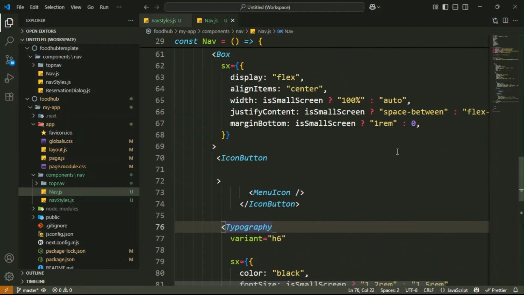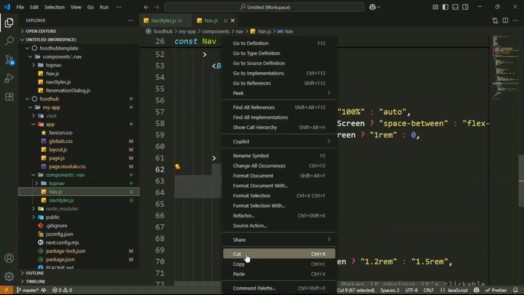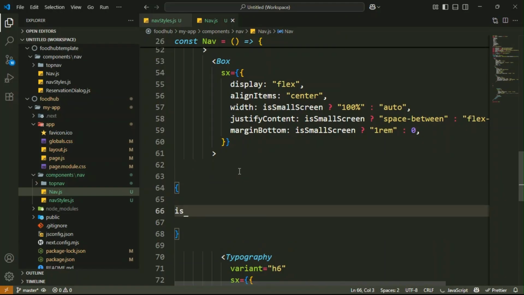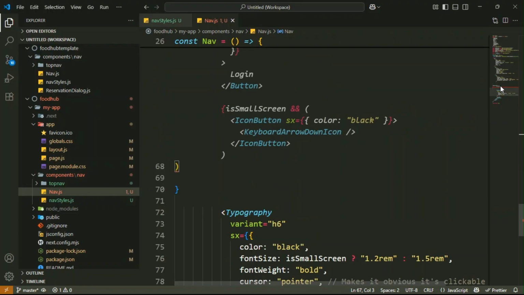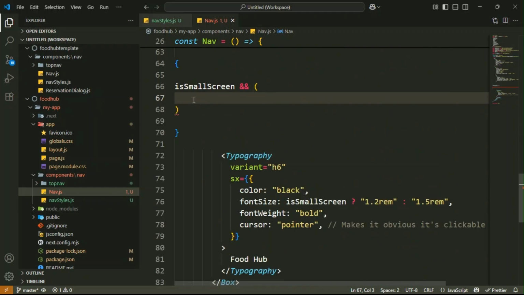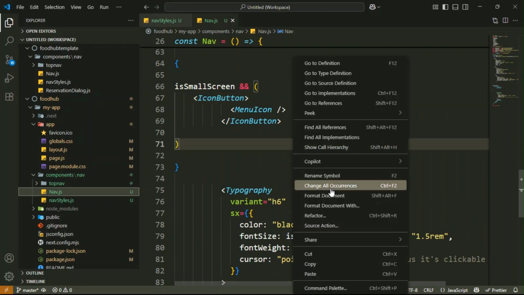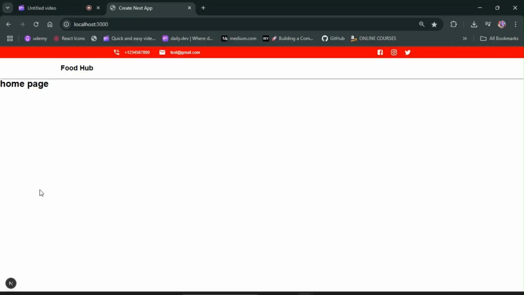So for this menu icon, let me cut it, and then inside here check if it is a small screen. Inside it we have to paste that code format. Basically, I want to render this menu icon only on the smaller screen. Let me check it. Now you see it is right, but if you go to the smaller screen,